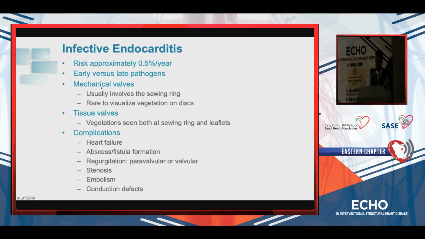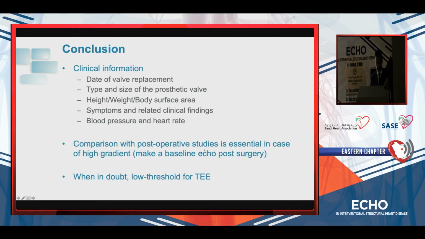Of course, with mechanical valves, frequently you will see it on the sewing ring, and less frequently you can see vegetations on the disc. With tissue valves, you can see it on the disc and on the leaflets, and the complications are large, which you can have, of course. So, important when you do the evaluation, you need to know the date, the type, the size, some patient characteristics,